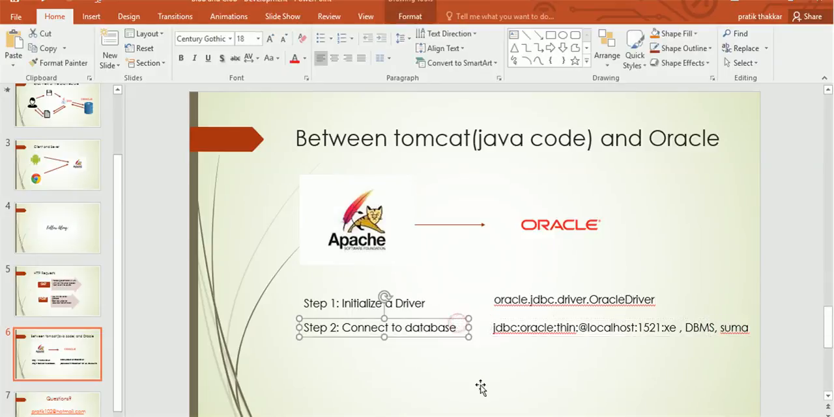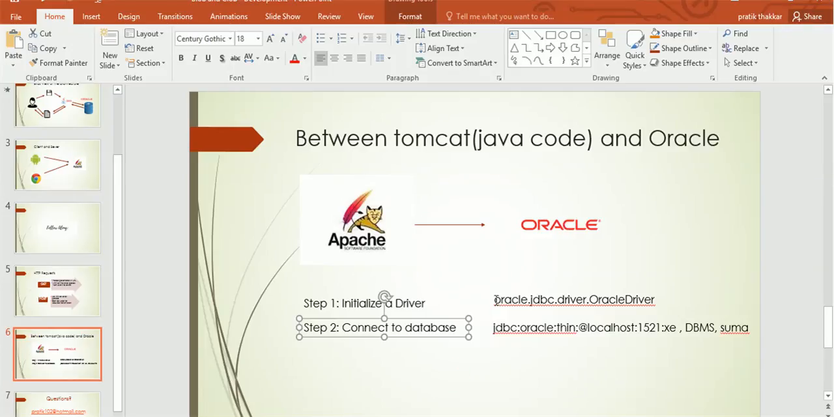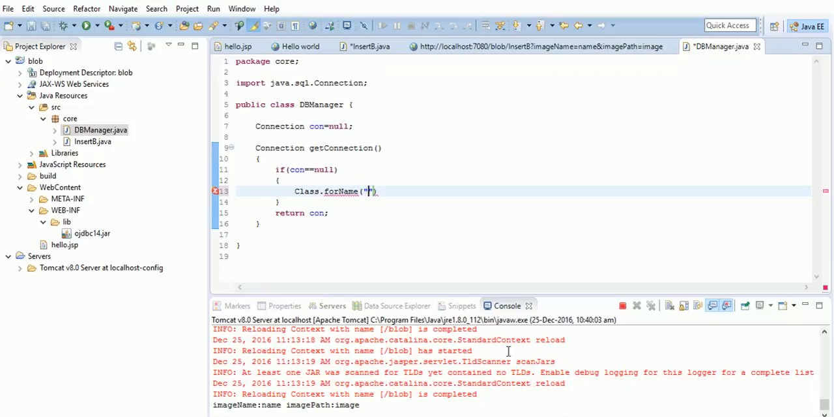Now let us do that inside our code. So Class.forName, and then just copy paste the driver part. So oracle.jdbc.driver.OracleDriver, just put it over here, and then let us make the connection. So con